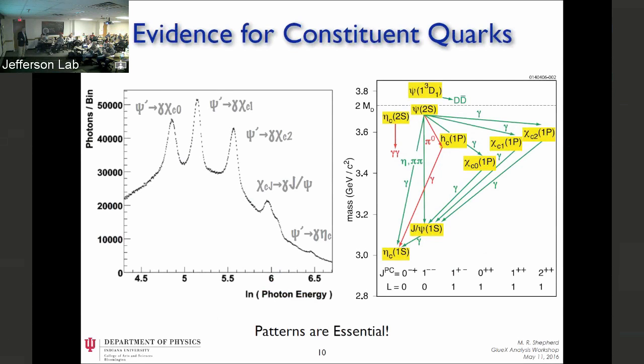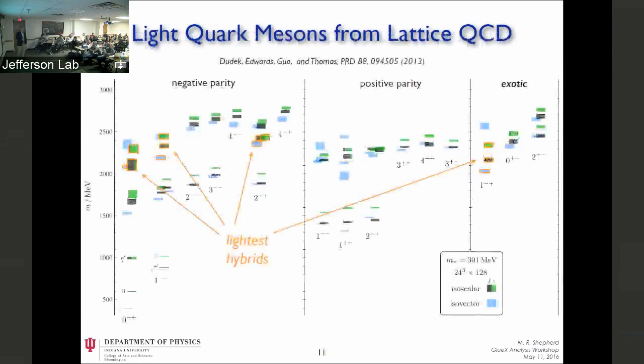It's the fact that you see all of these collectively, and their spacings and everything, I think, is what really solidifies the picture that the constituent quark model works. I think that thinking about that is relevant when it comes to thinking about hybrids in the light quark spectrum, because what we have now is, instead of an experiment, a calculation of QCD, which Joe will talk about, and we look at the spectrum that emerges from that calculation.